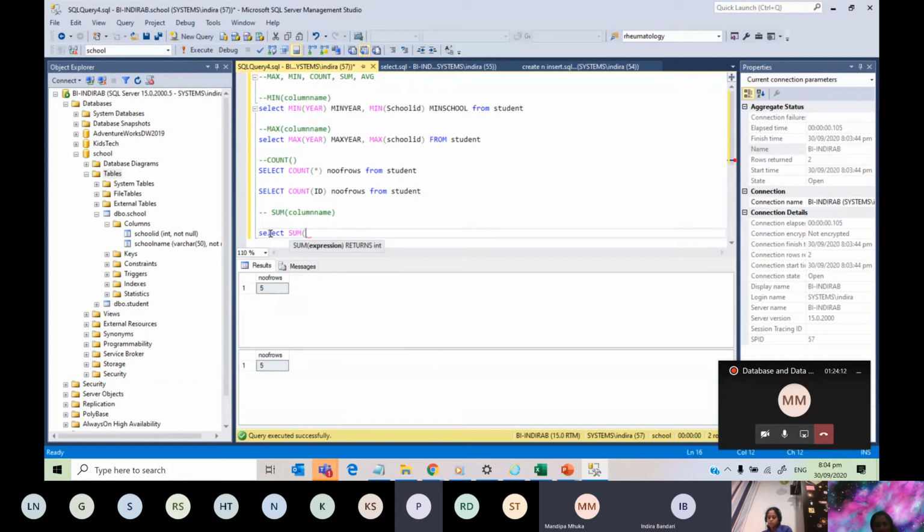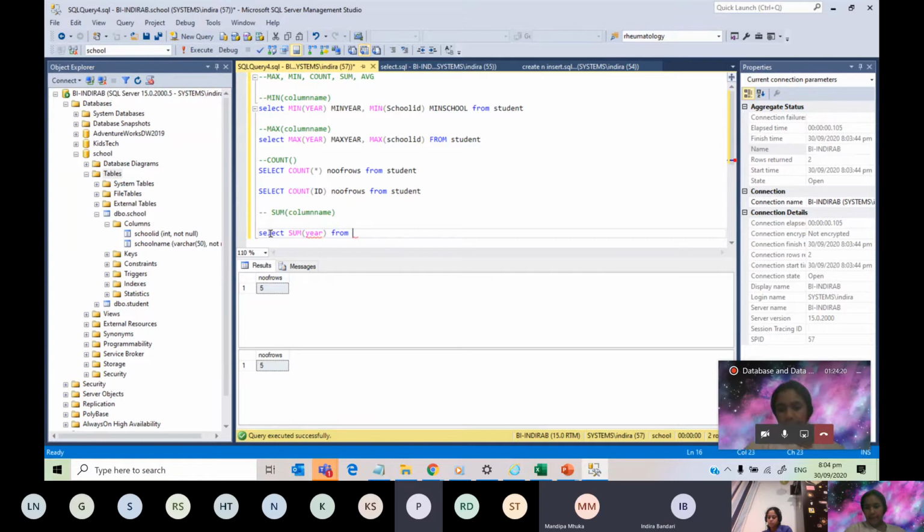Let's do sum of the year, from. Why are you using sum? I'm just trying to explain sum as a function, and we don't have any other integer columns. That's why. Okay, from student.